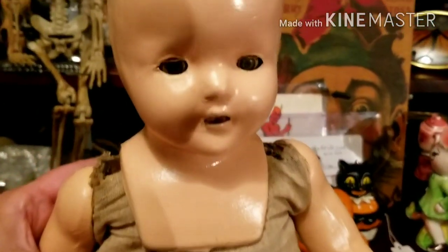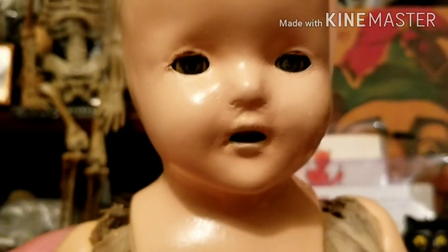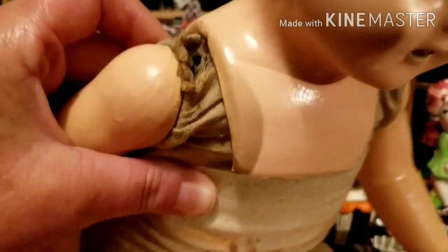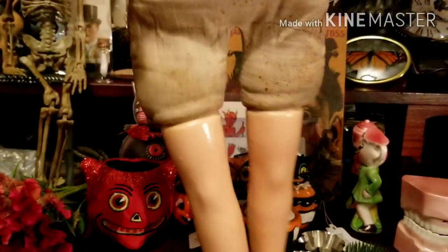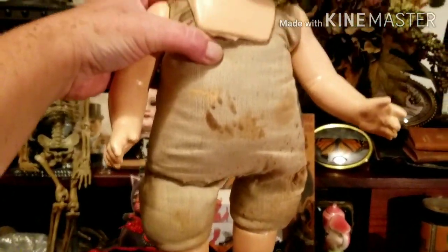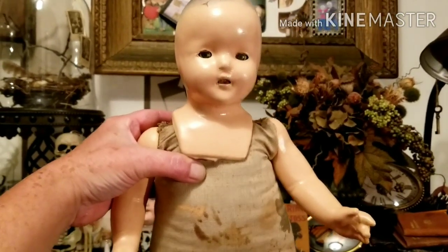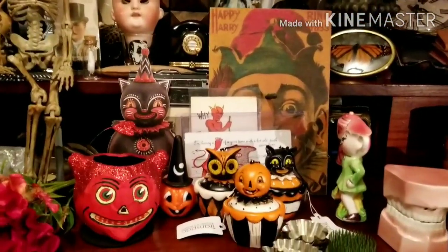And here we go. Look at that face. No hair to speak of. You know, had some injuries over the years. There's a little hole right there. But she's kind of odd. She's got some long, long legs. I don't know if she was in a chorus line or something of that nature. I have no idea, but she's awesome. She's creepy. Okay, and next creepy baby